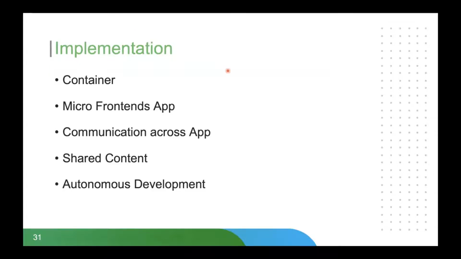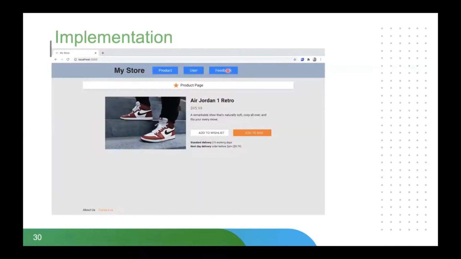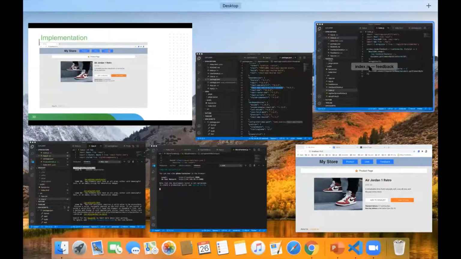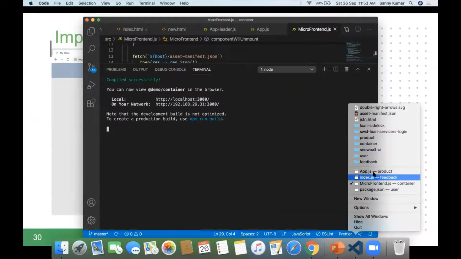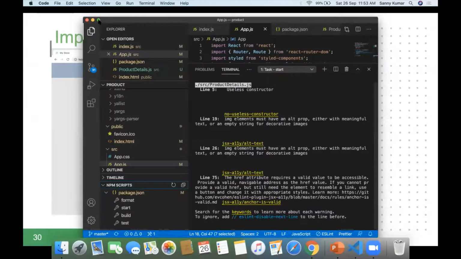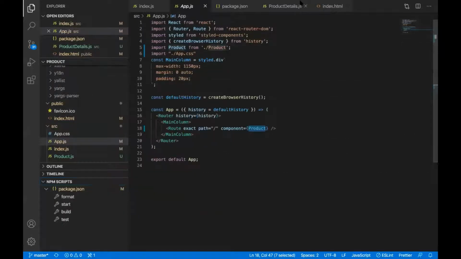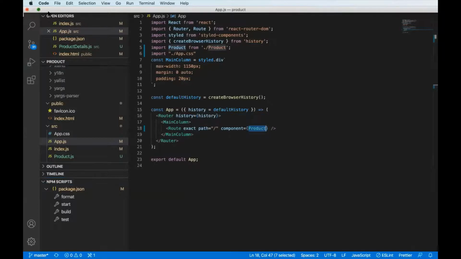So exactly. Now I will go for the code part, how it is implemented in the code. Before the container, I will go for the micro frontend.